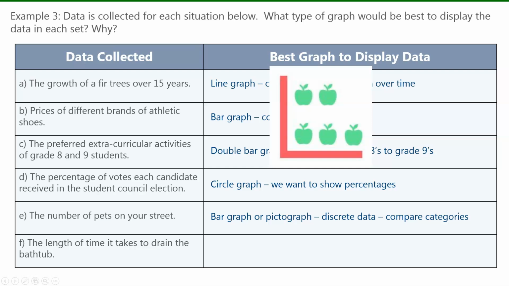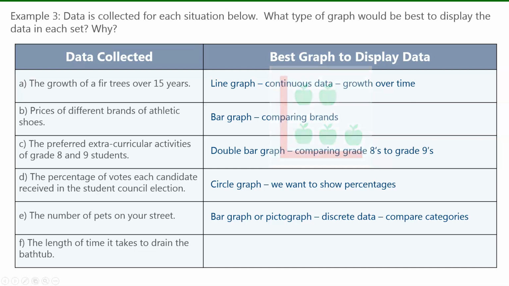I would probably choose a pictograph because we could use a nice little picture of some sort of a pet to display that and make it visually appealing. But a bar graph would definitely serve the purpose in this case, and it would make it easy to compare categories. And for F, the length of time that it takes to drain the bathtub,